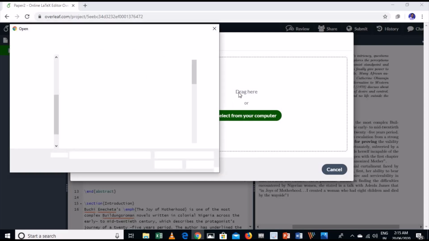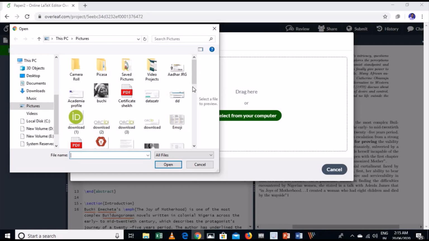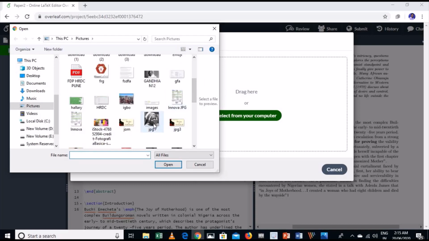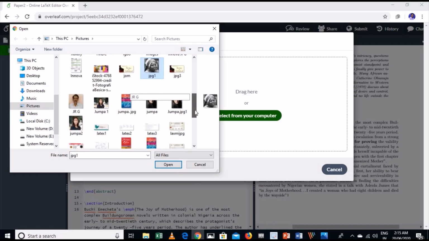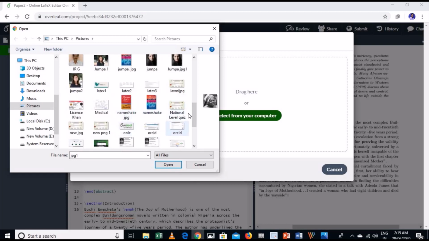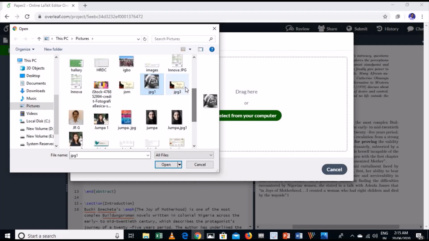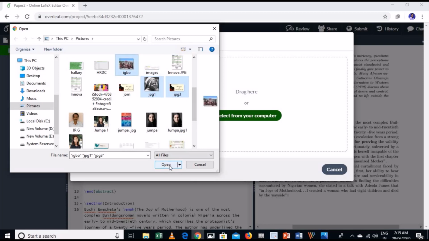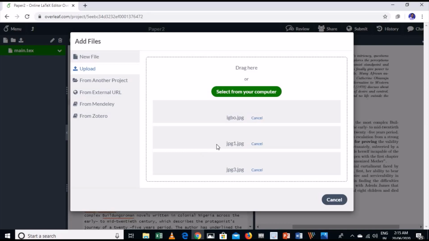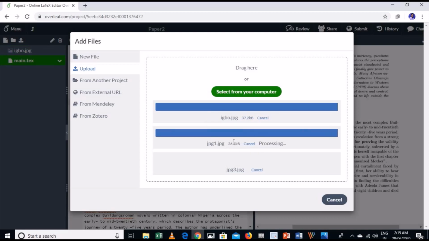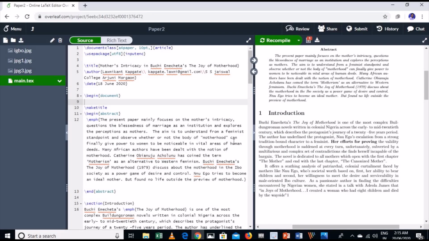Now see, there are some JPG files available in my folder, for example 1, 2 and 3. So these 3 images I have selected, and all images will be stored in my gallery. These are the images which I want to add in my paper. Now see, all are in JPG format.